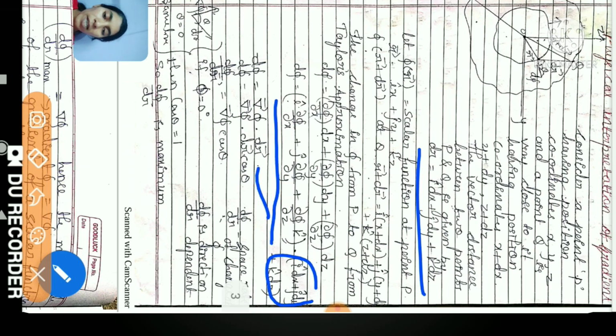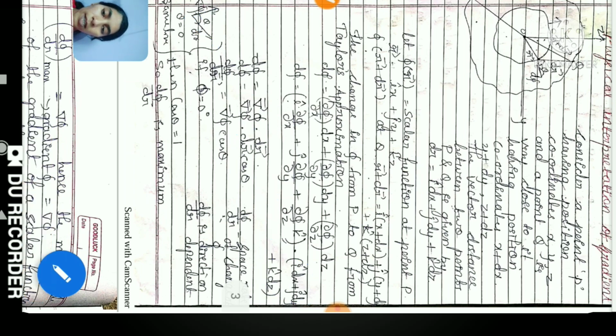Okay. So next you can take this as the vector addition. You can see here there is a dφ and dr. What is the vector addition here? The addition of two vectors. That is the mod of dφ, mod of dr cos theta, where theta is the angle between del φ and dr. So now you can take this dr to this side, which means dφ by dr is equal to del φ cos theta.